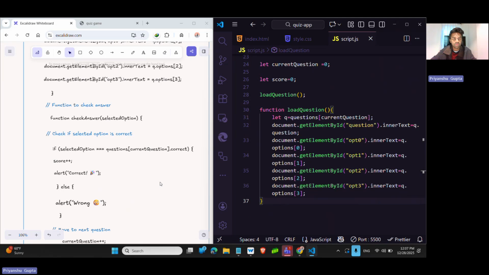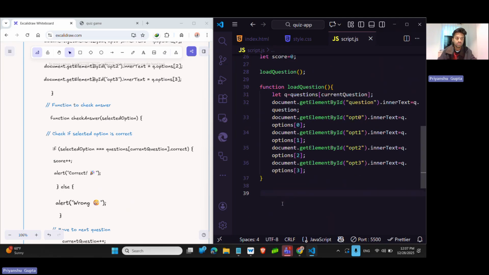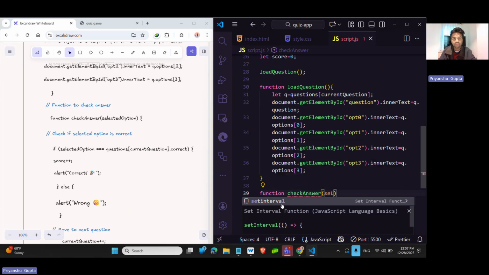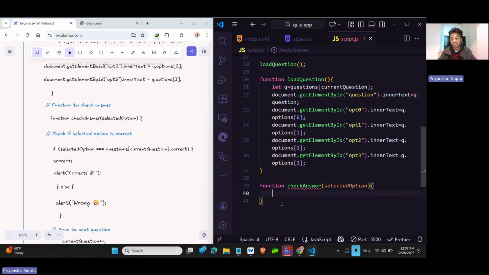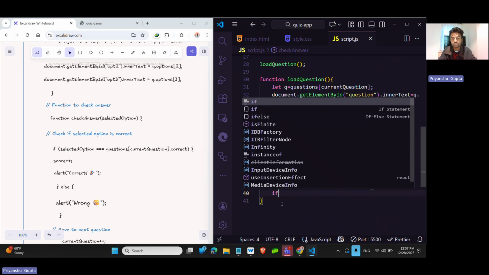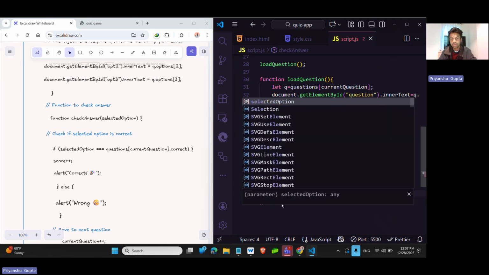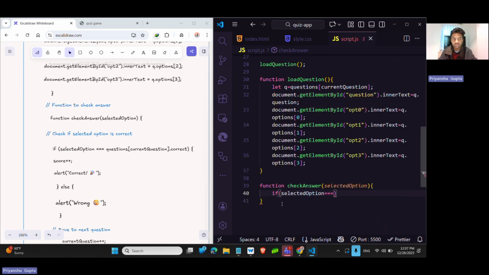Okay, so now we are going to check our answer. For that, function, not this capital one, small one, function check answer, with the parameter selected option. So whatever the user has selected, we are going to check that answer. So now we are going to use if selected option, strictly check